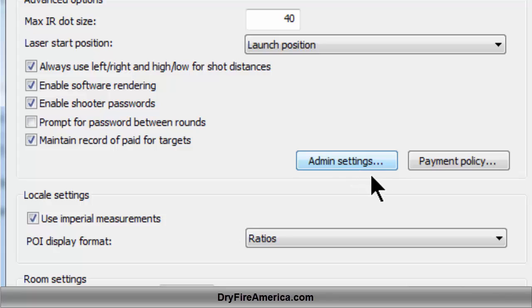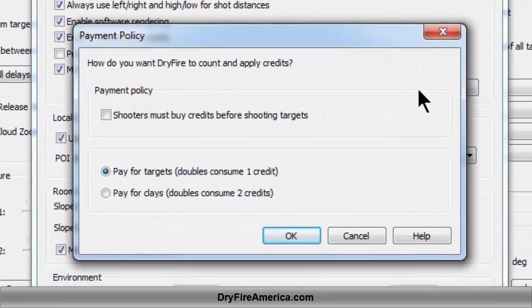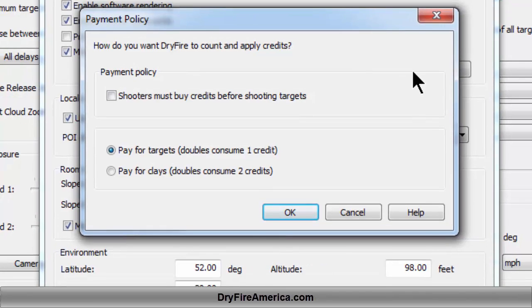Then we're going to come over here and click on Payment Policy. And be aware that this system that I'm showing you right now is intended for much more complicated kinds of things than what you are going to be trying to use it for. So over here, I'm simply going to suggest that you leave it in its default condition, which is this top choice, which means that for every